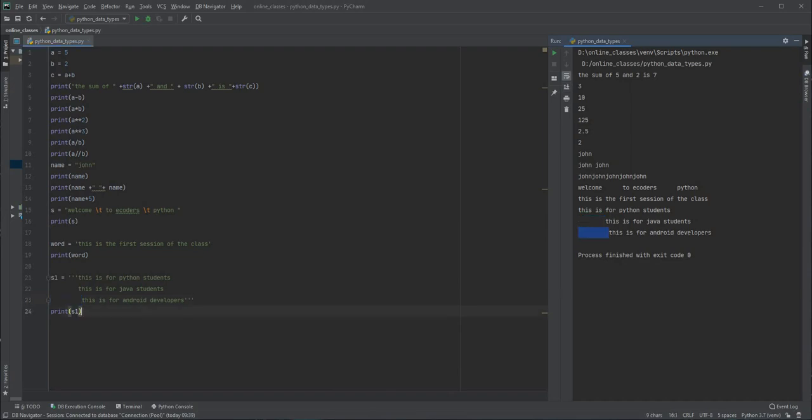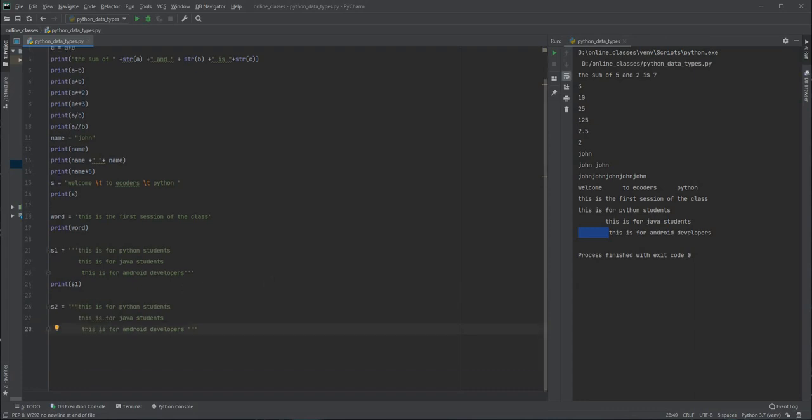In the same way, I'm going to take another string s2, and this time I'm going to use 3 double quotes, and just like this, let me add this string inside the double quotes. This is also going to serve the same purpose.